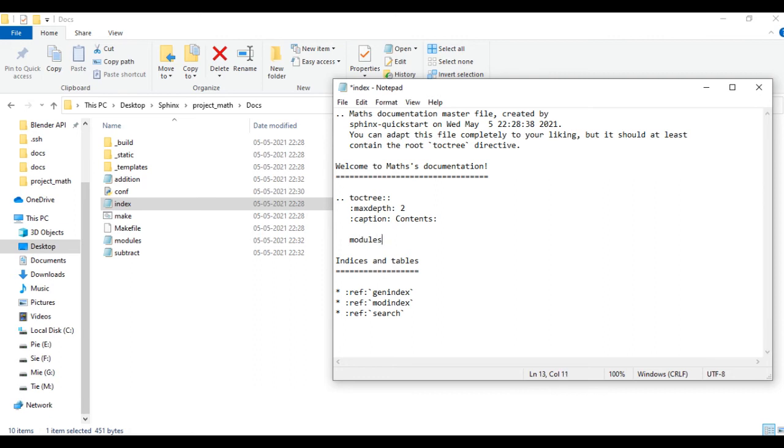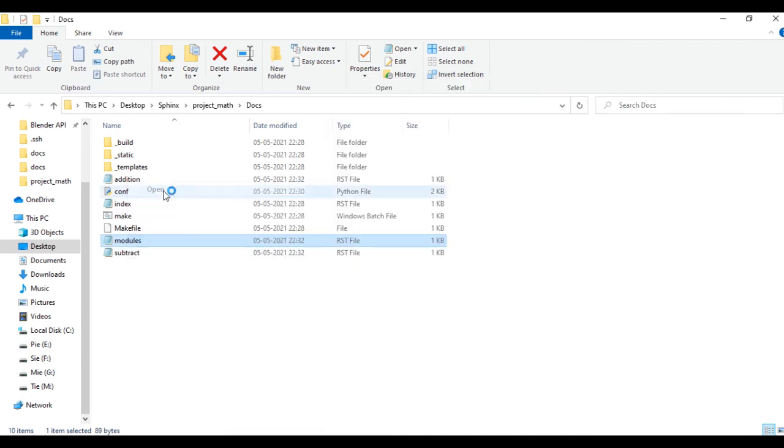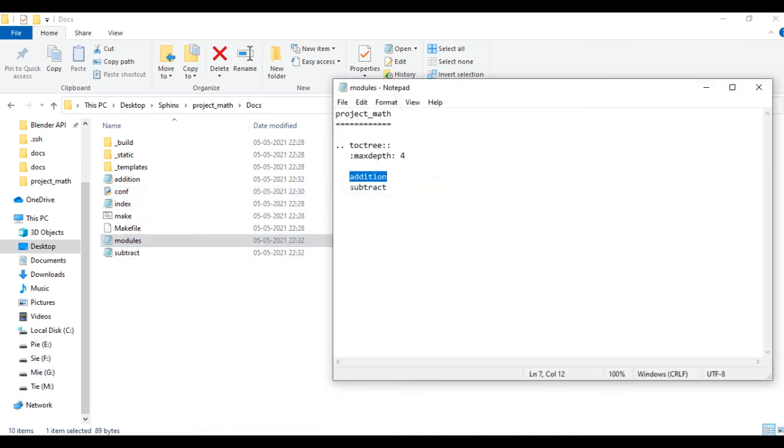So here we can give this modules RST file name, module. When Phoenix wants to create the HTML file for our documentation, it will look for this index.rst. Within that we are mentioning this module, so it will read all the data in these modules, and I will show you what is in there. Here we have addition and subtract. These are also RST files.